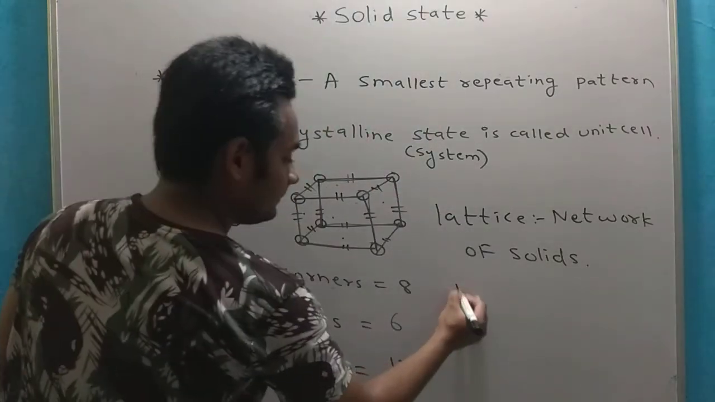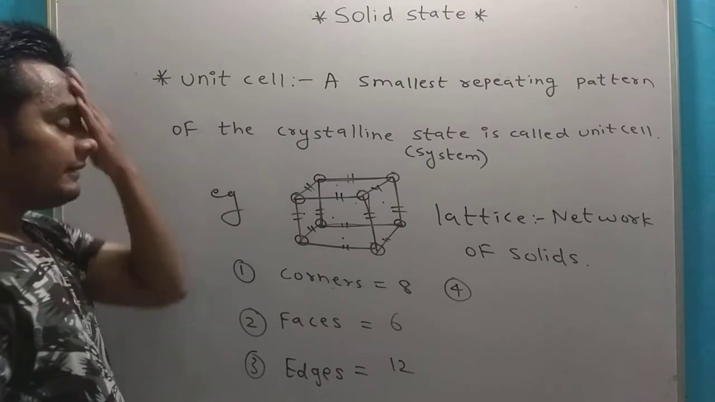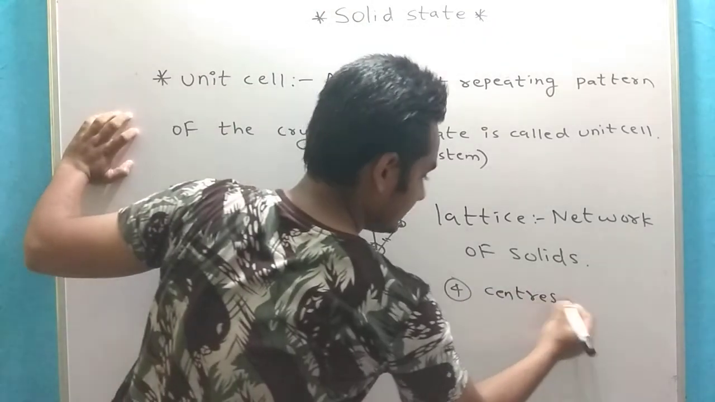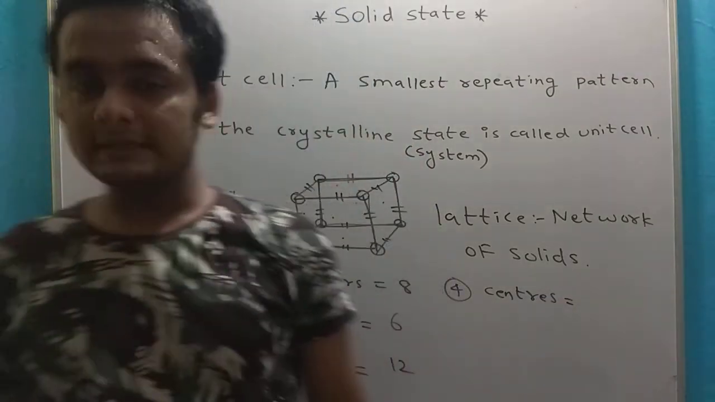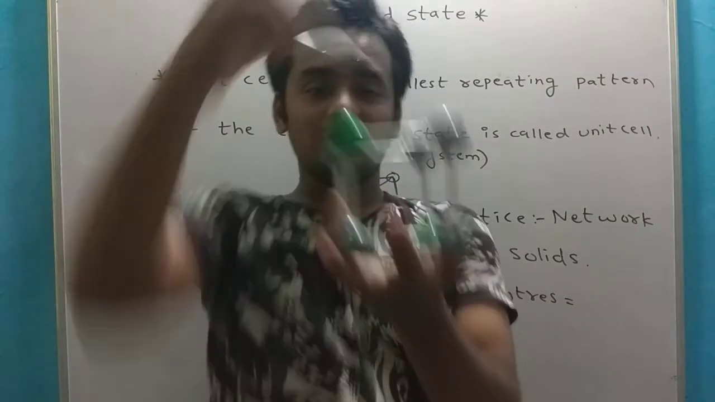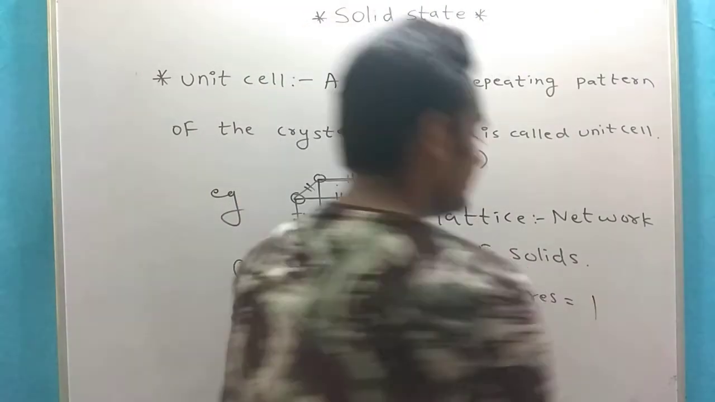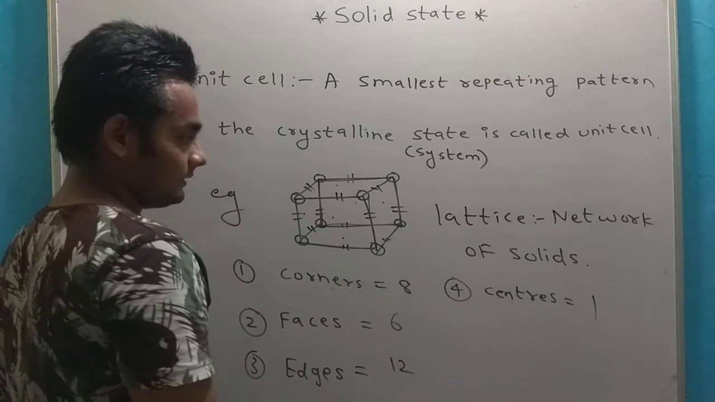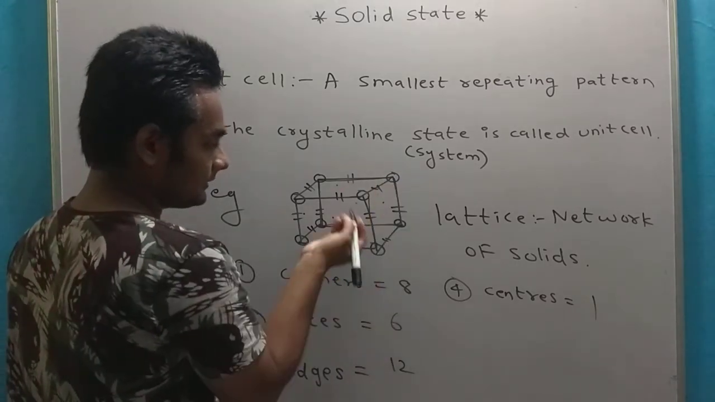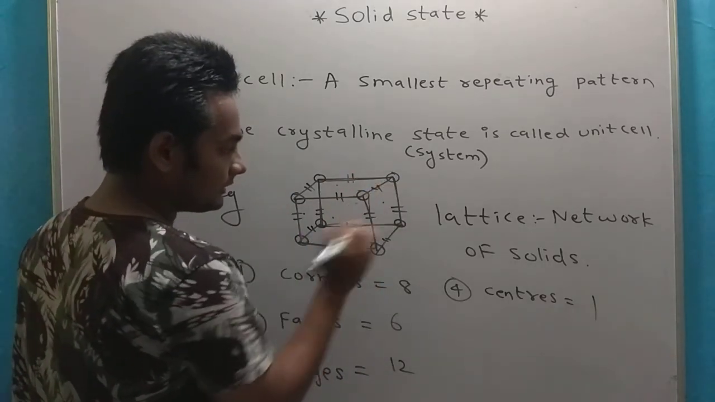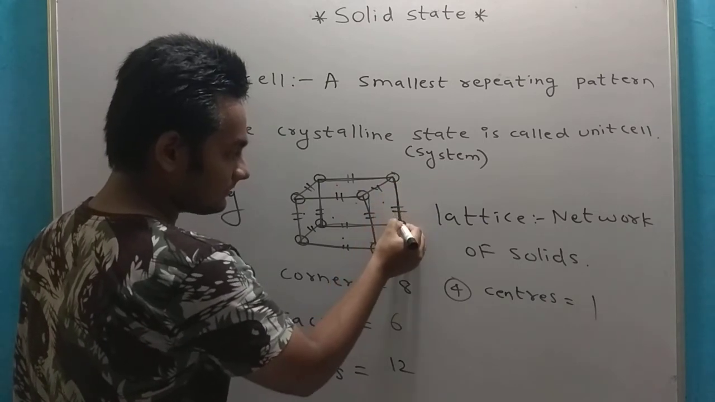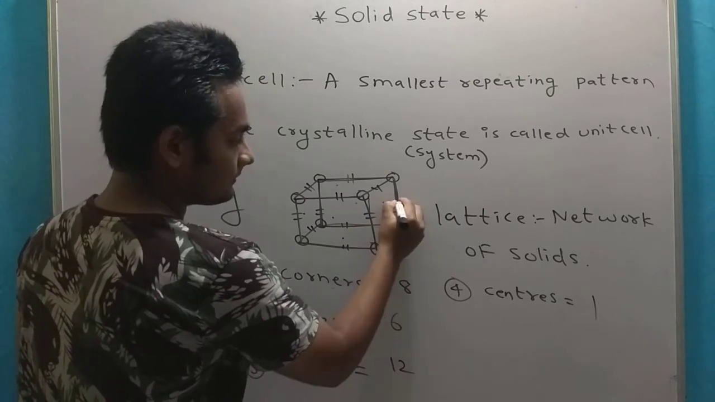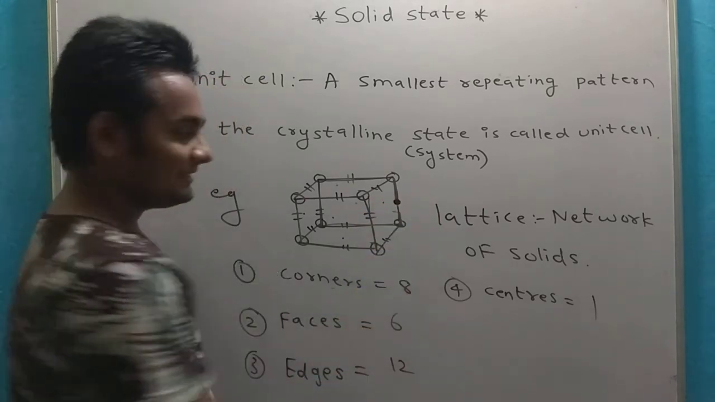If I ask you how many centers are present? How many centers? Body center. So this is the center, and there is only one center, so the center is 1. Have you understood, all of you? Okay. Now, yes, this is the corner, this is the edge, this is called edge. What about this? What about this? This is called as